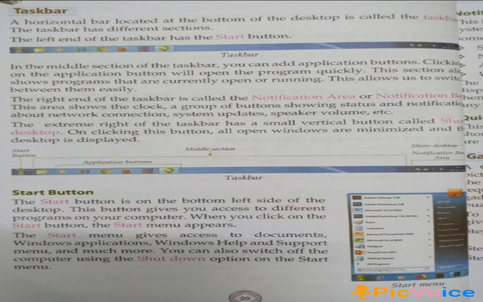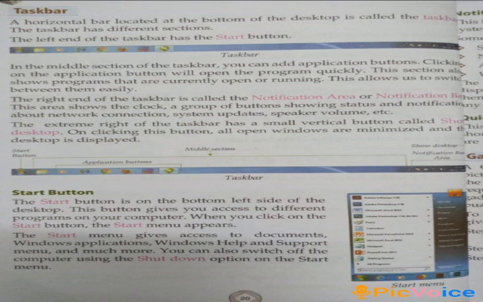Clicking on the application button will open the program quickly. This section also shows programs that are currently open or running. This allows us to switch between them easily.